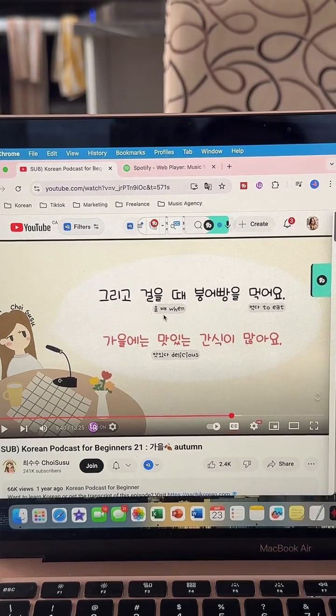Also, if you want to try and guess the meaning of those sentences, you can comment down below at any time, and I will let you know if you are correct, if you want to try and guess before we actually translate everything. And then we have 가을에는,